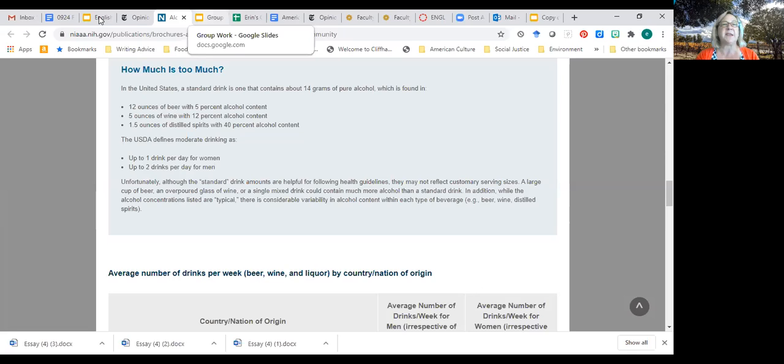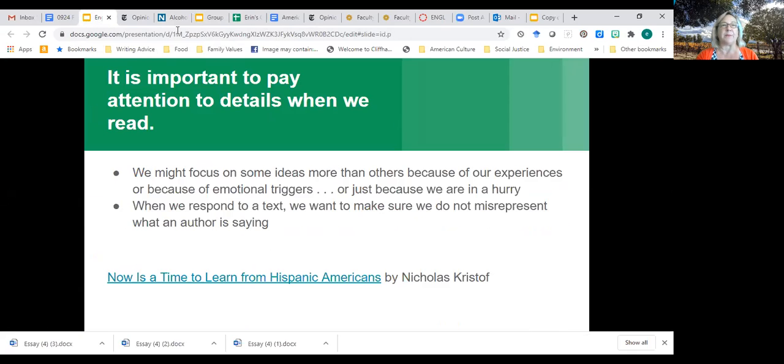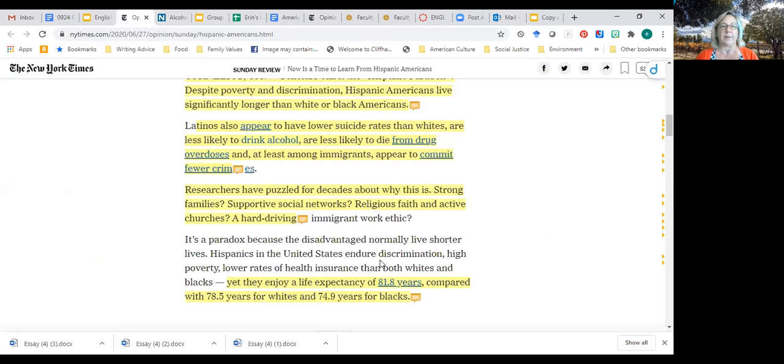So every single time, I'm back on here. So here would be a link to evidence, and here's a link to evidence that immigrants commit fewer crimes.